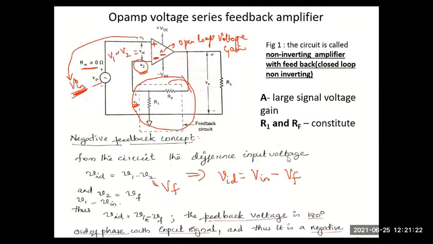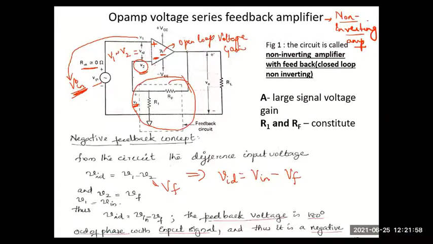So let's consider our op-amp non-inverting amplifier, or voltage series feedback amplifier. The other name for this is the non-inverting amplifier. Op-amp as a non-inverting amplifier. You have studied it in basic electronics. Anyway, we'll go into a little more depth here. The analysis will be more accurate. First, we'll get the accurate expression and then we will get the approximate expression which you have studied.